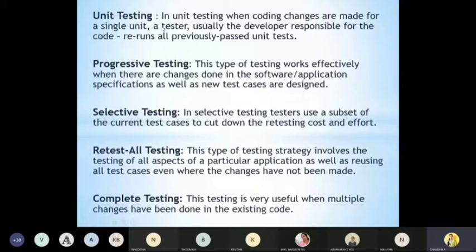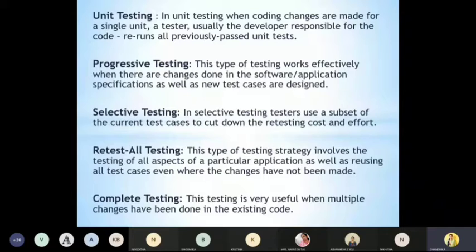For example, in continuous development environments, automated unit tests are built into the code, making unit testing very efficient compared to the other types of testing.